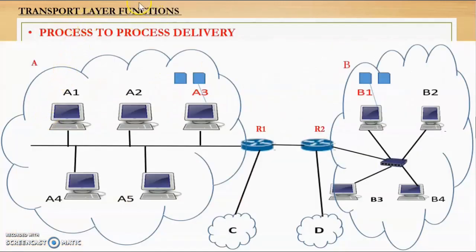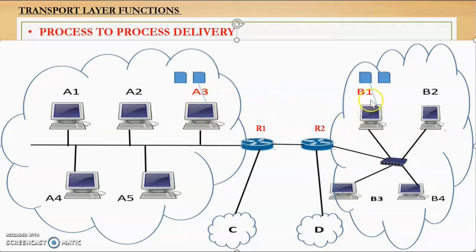Next, let us discuss transport layer functions. One of the main functions of the transport layer is process to process delivery. Now consider this is network A and this is network B. So suppose devices in network A are connected using bus topology and devices in network B are connected using star topology, and these are the intermediate nodes. Now suppose A3 wants to send data to B1. Now A3 cannot directly send data to B1. The data will go through connecting devices, that is A3 will first send to R1, then R1 will send to